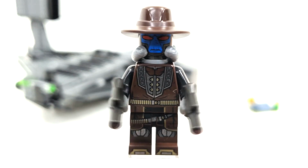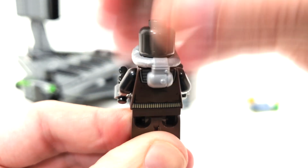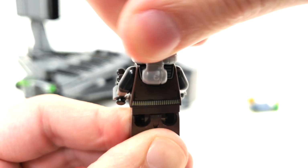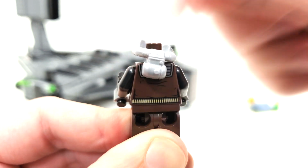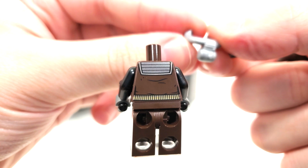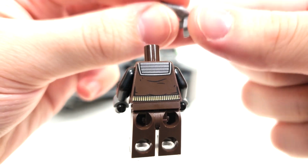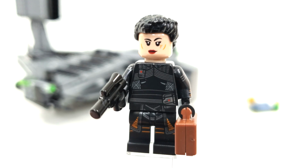Two guns for the accessory, and again, you get the printing from front and back of the torso. I'll remove that under-the-neck accessory, so you can take a better look at that. Shiny. And the under-the-neck accessory being a soft plastic, so you can mess around with it and it won't break. Bounty Hunter Fennec Shand also appears within this set with her helmet and hairpiece, like in the Imperial